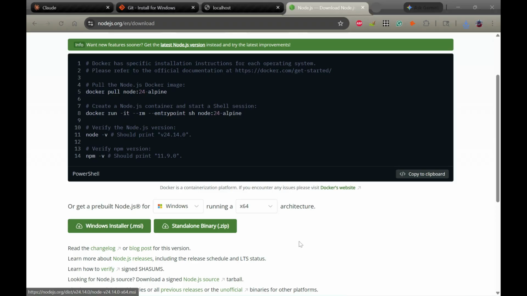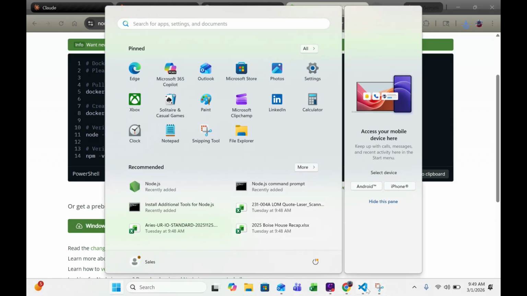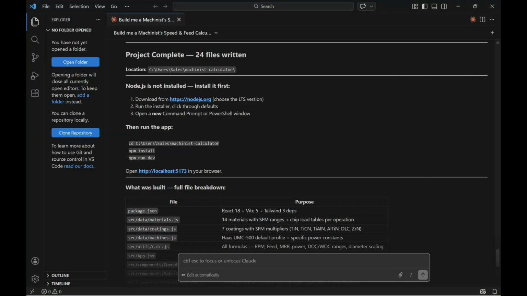Finish. Alrighty. Run the installer, click through the details, open a new command prompt or PowerShell window. Then